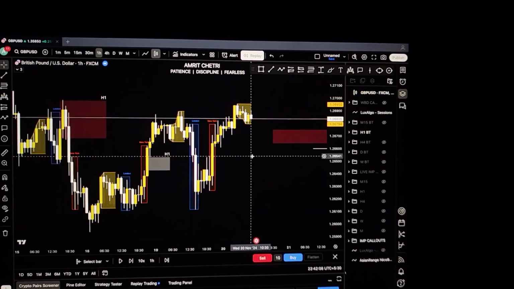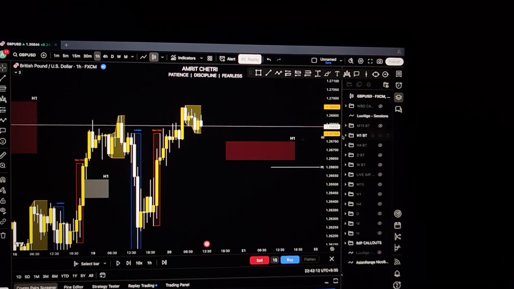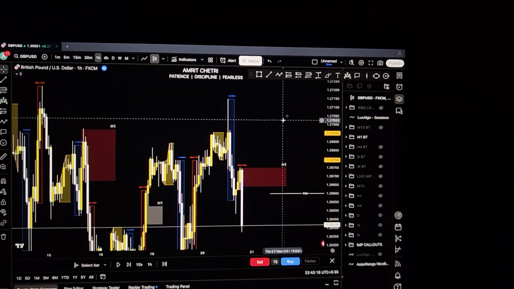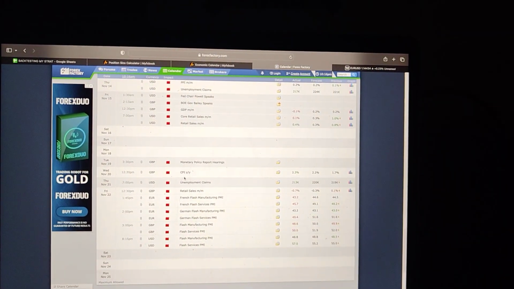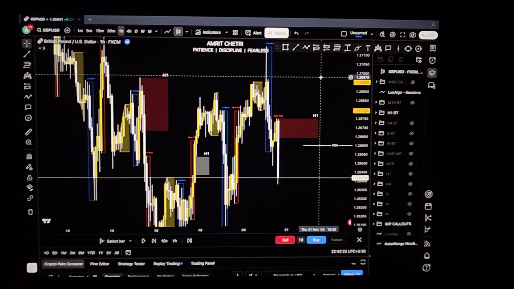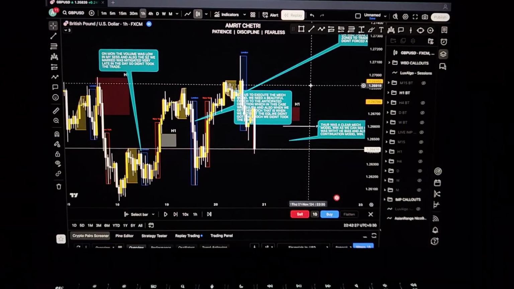because we always wait for the Asian range to close. The Asian range closed, and on Wednesday it was a no trade day for me, I believe. Also on Wednesday there was CPI, so I decided not to take the trade. Not trading on Wednesday literally played out in my favor.